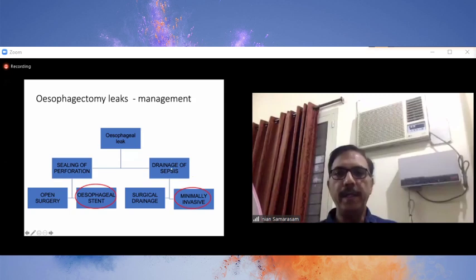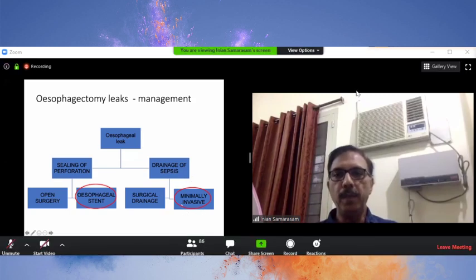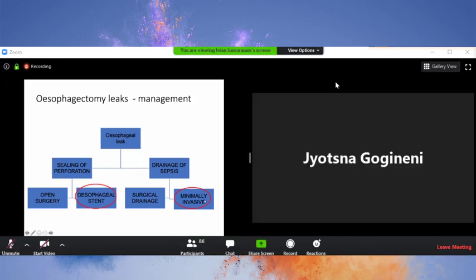And in order to drain the sepsis, many times you'll be able to do this